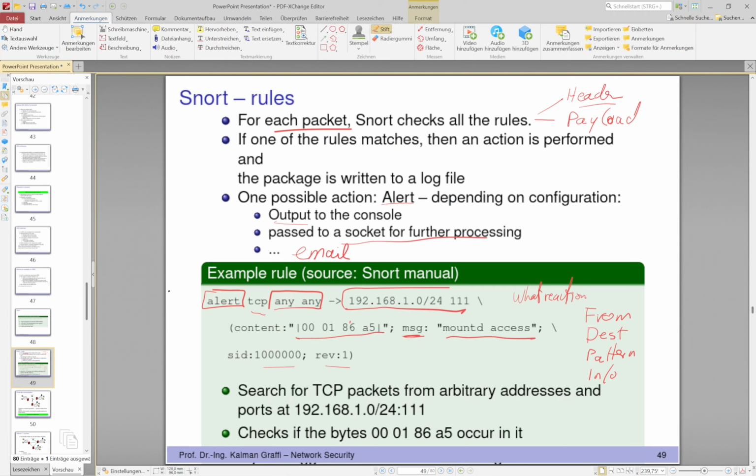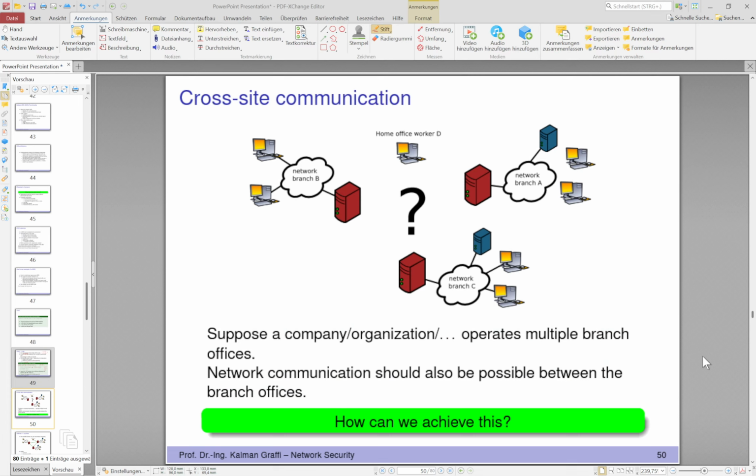Okay, I'll try again. No, PowerPoint doesn't want to. Okay, so let's